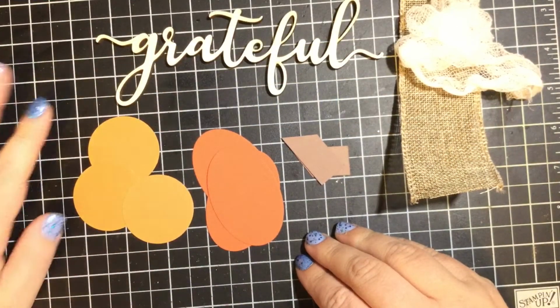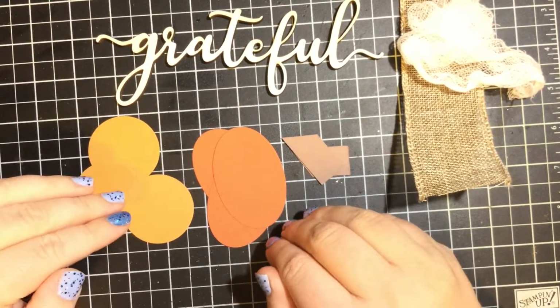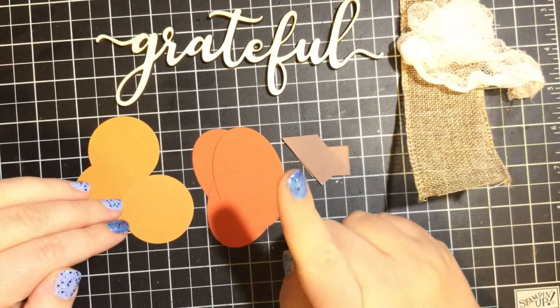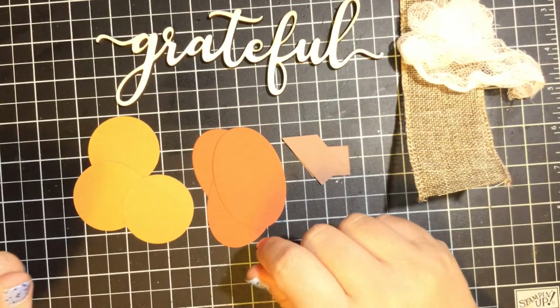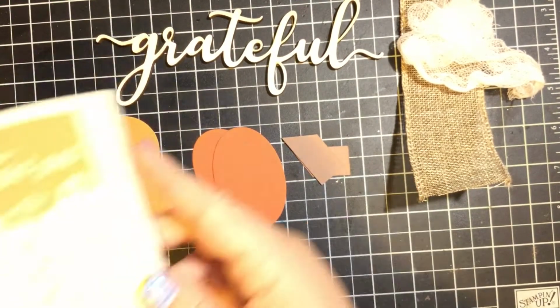Create the paper pumpkins. Now you could just stack these together as plain paper and you'll still be able to see the dimension, but what I like to do is ink up the sides with a little bit of ink, and I think I'm going to use a brown color. I'm going to take